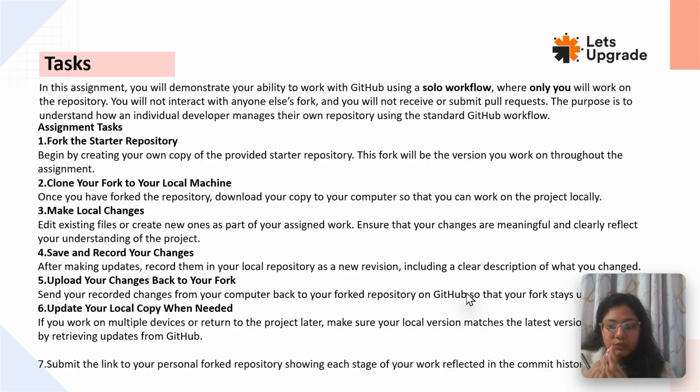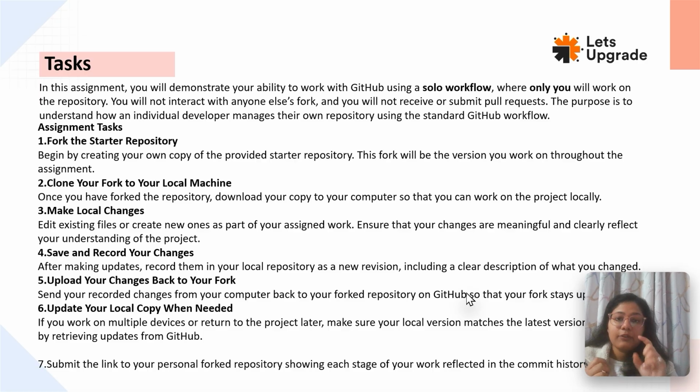Whatever changes you make to the forked repository should reflect in the original one as well, because it is your own repository, so you can do that. What you need to submit is the forked repository you have created, in which we can see that the changes are also reflected in the original repository. We should be able to see all the commit history and all the PRs you have created. Because you will be creating multiple branches, the pull requests should also be visible. That is what you need to do in this assignment.